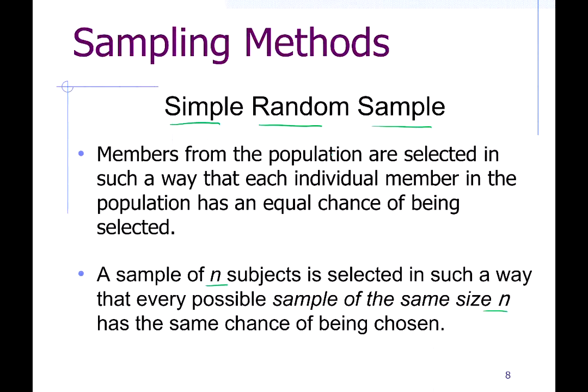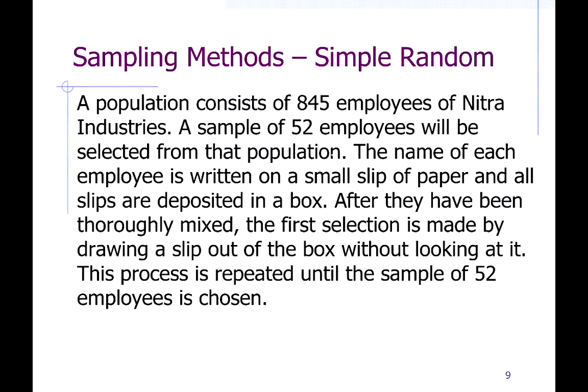Now, names in a hat is not always a viable method if your population is tens of thousands or hundreds of thousands or millions. But for small sample sizes, the name of each employee is written on a small slip of paper, and all slips are deposited in a box. So a population consists of 845 employees of Nitra Industries. So you have your population,